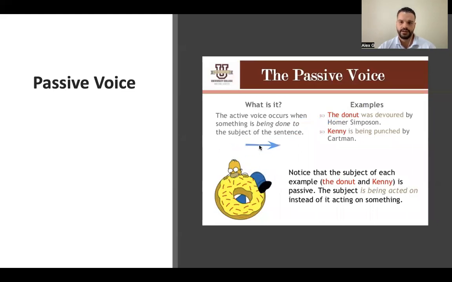So you kind of want to make sure that you understand what an active voice is. These are the passive voice. And if we were to do an active voice, let's just ignore this here for a moment, because I'm going to show you an example here. If we ignore this, this is not passive, this is going to be active. If we wanted to change this, we could say